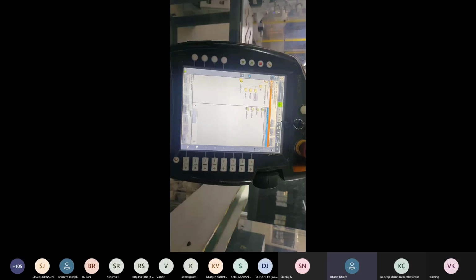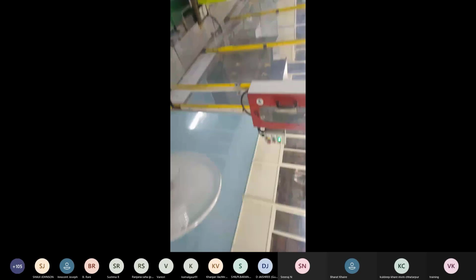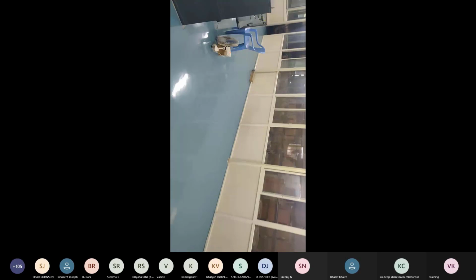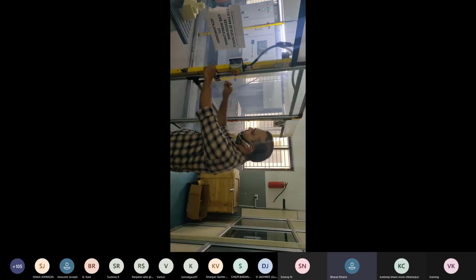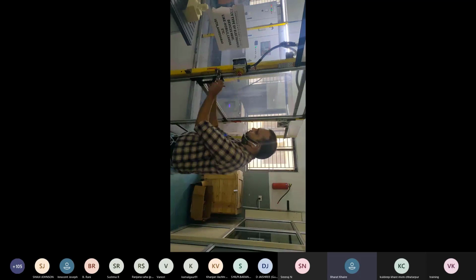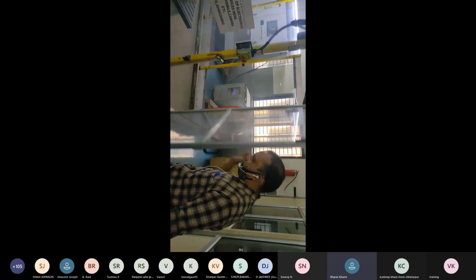Now we are going inside the cell. If I open the cell, the door safety is given here. The alarm will continue by opening the door.